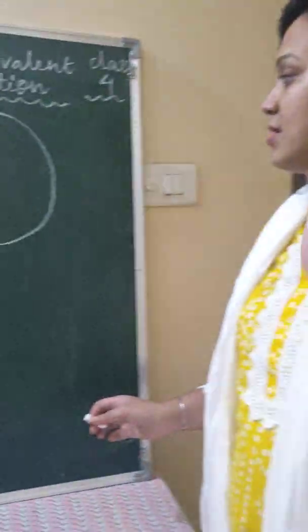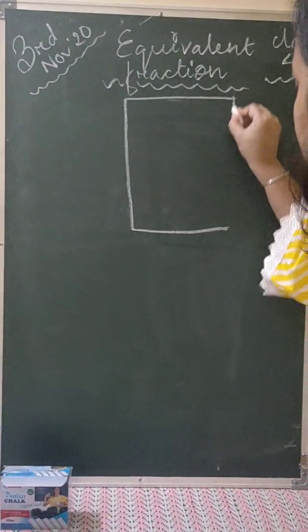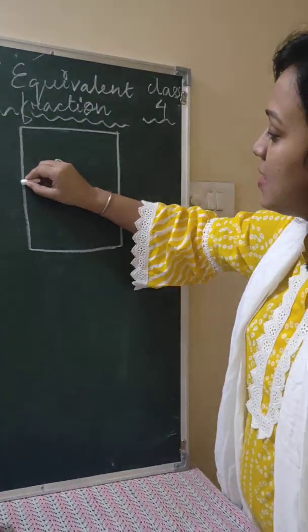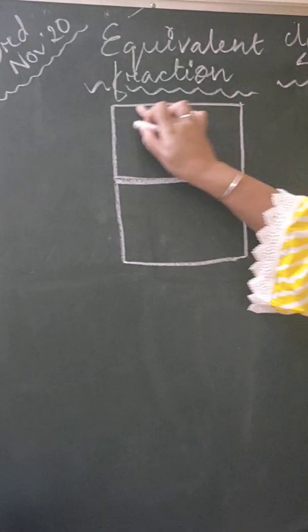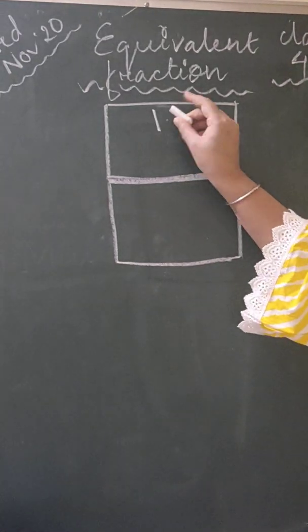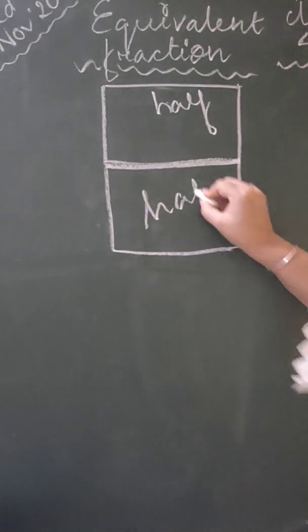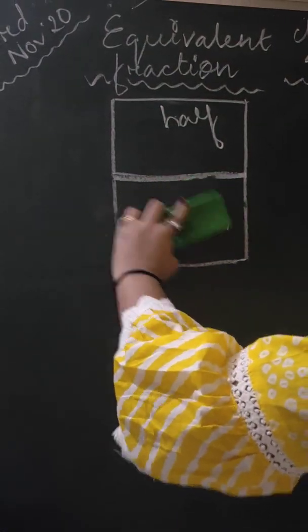Now the same thing I will teach you on this blackboard. See here. Instead of taking a circle, I took a small sheet of paper. Suppose my paper was this. Now what have I done? I have done one single fold. That means I got a margin here, somewhere here. Yes or no? So this part is nothing but half. This part is nothing but half, and this is also nothing but the other half. Correct? Now, let me erase this one.